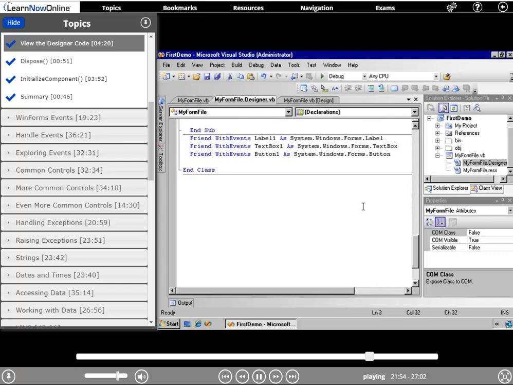Now these are variables that will refer to the actual controls on the form at runtime. But these variables currently don't refer to any actual control. They're variables that could refer to a control. We'll need some code that creates the instance of the correct class and hooks things up for us. Let's go back to the top